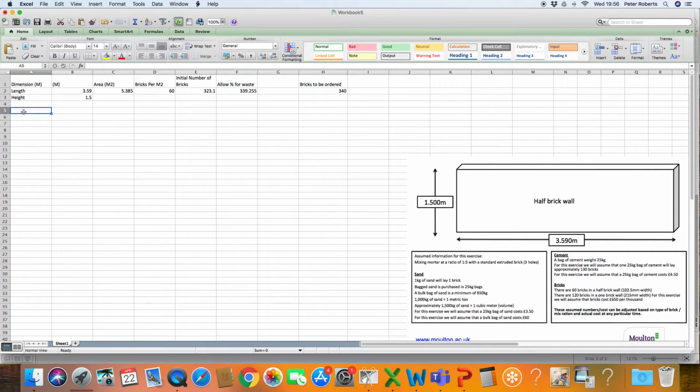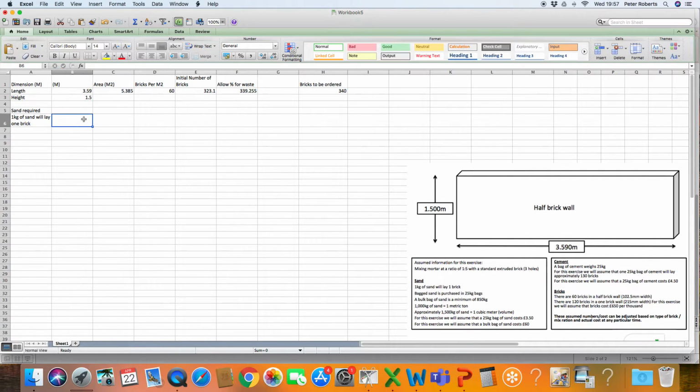Okay, so let's look at sand. So the sand required, how are we going to work this out? Well, this one is very easy. If we can look at our rule of thumb here, our assumptions, and this one tends to be fairly consistent. 1 kilogram of sand will lay 1 brick. So 1 kg of sand, let's just put it up here, will lay 1 brick. So kgs of